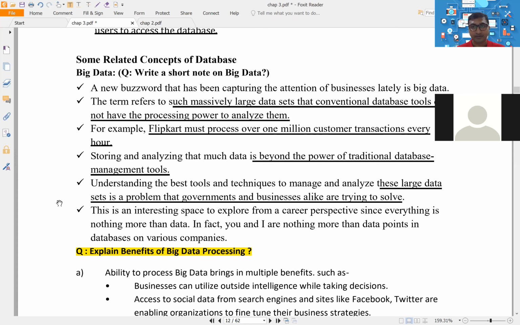Now try to recollect. I told you that the data is growing day by day. Remember, I told you that every day thousands, lakhs of data is going to store. But when the data will grow, it will be difficult for the traditional methods to get useful information from such a big data. Now that is the concept of big data.